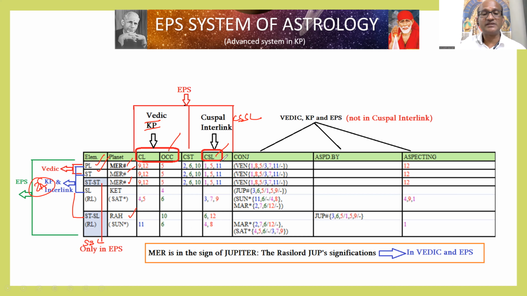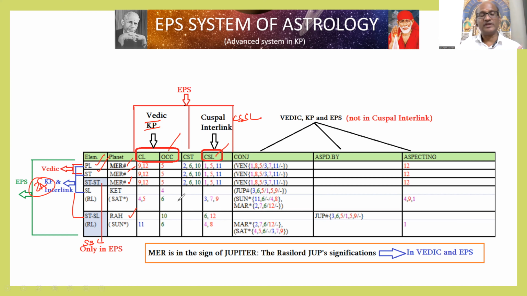All planets will have this significance. When you look at the tables, you will feel that many houses are signified at each level. We call it not a step, but a level: planet level, star lord of the star lord, sublord, star lord of the sublord. We take many planets, so how to study them? That is called the method of analysis. In the course, I will teach step by step how it has to be studied. But this is how we are going to study.